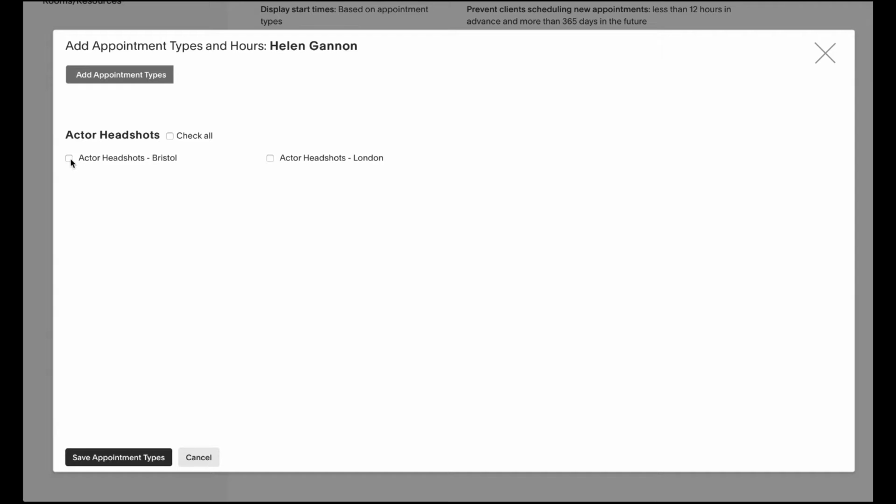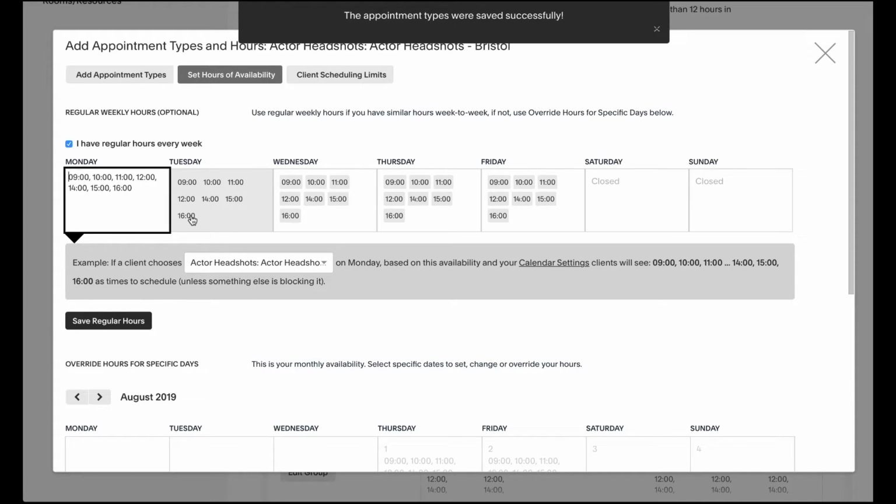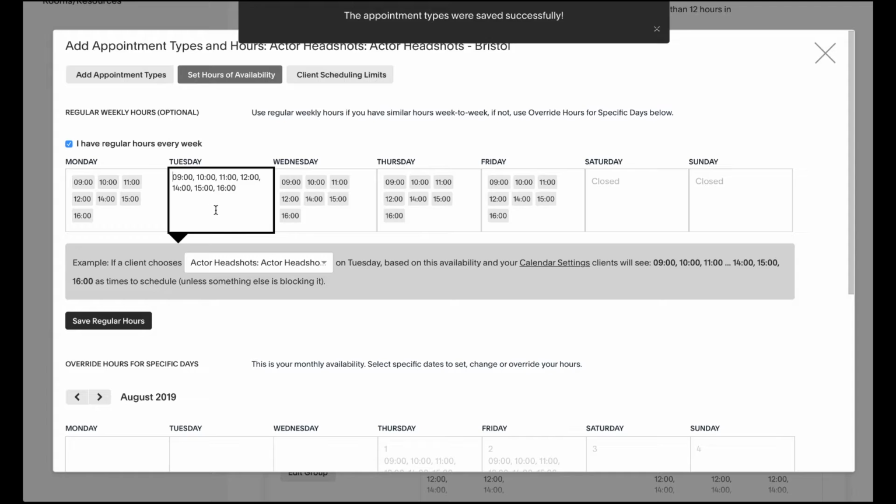and you click one at a time. So for this one, I'm going to specify Bristol, and then I'm going to say that maybe he's in Bristol only on Mondays. So I'm going to take out the other availability